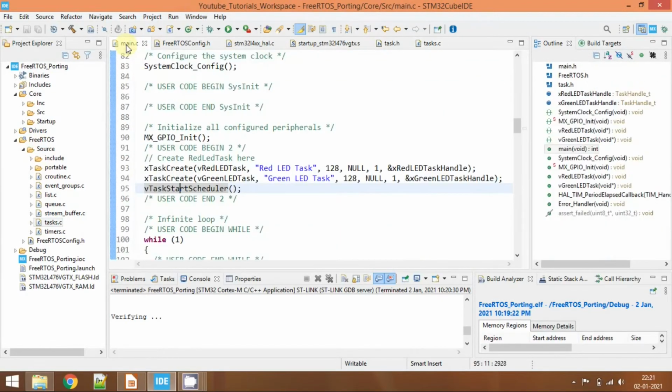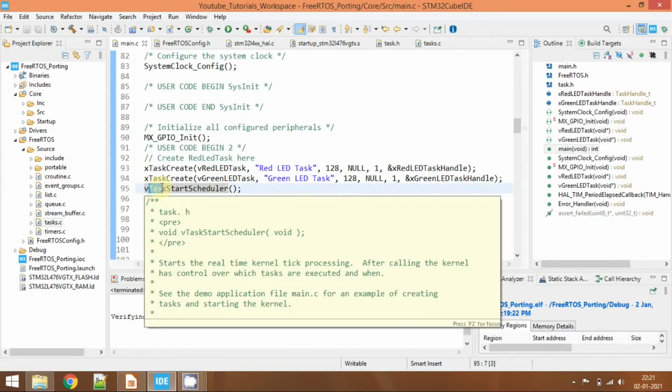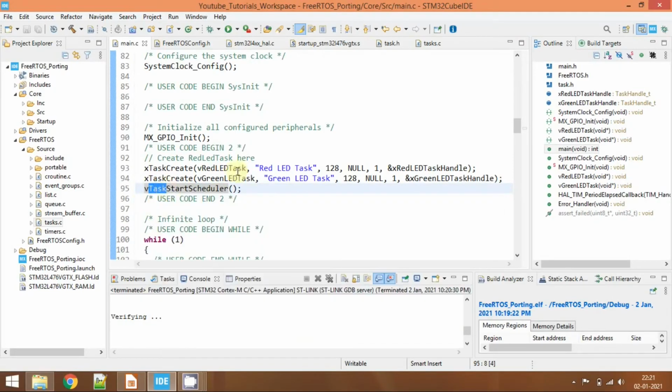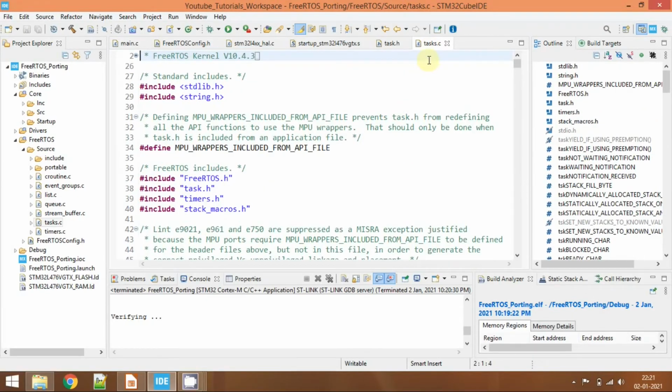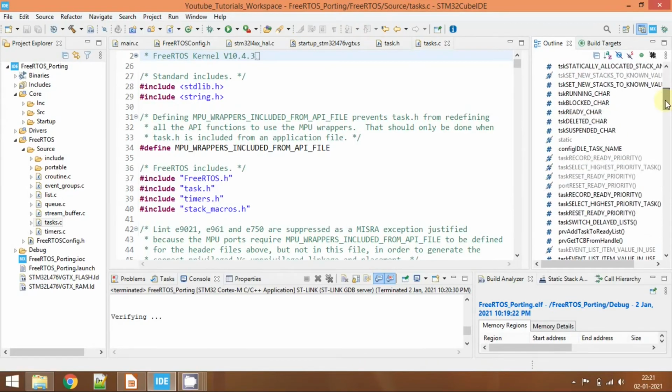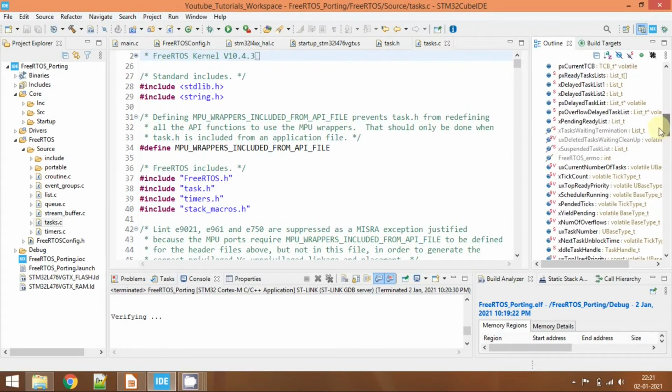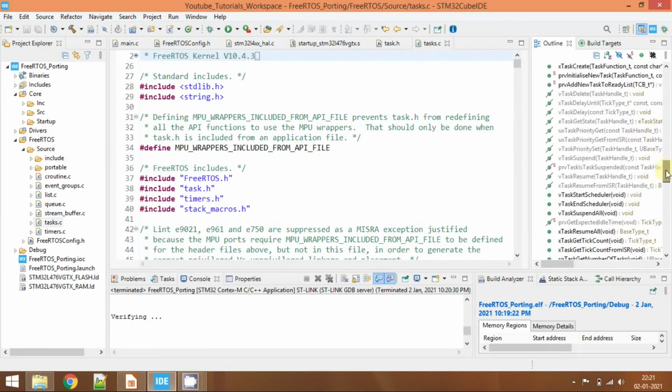Because the idle task will be created by vTaskStartScheduler, and the naming convention says that it will be available in a file called task.h or tasks.c. Of course the implementation will be in the tasks.c file. Click on this file, and in the outline section you can easily find the function name instead of searching in the code. So I'll look for the function call